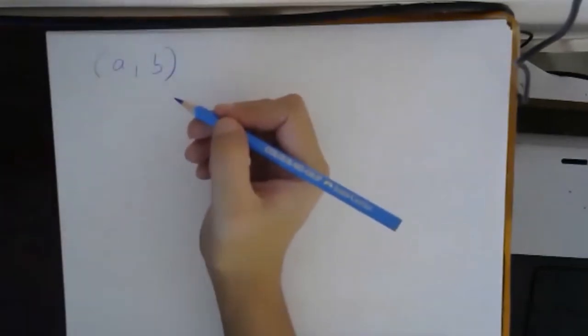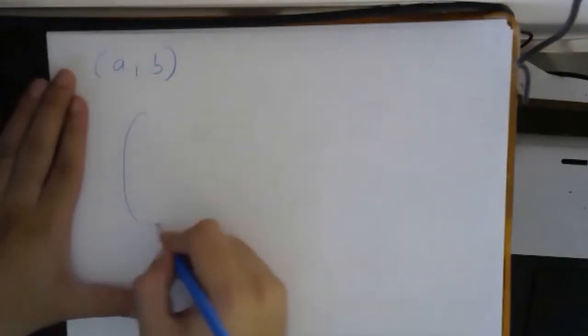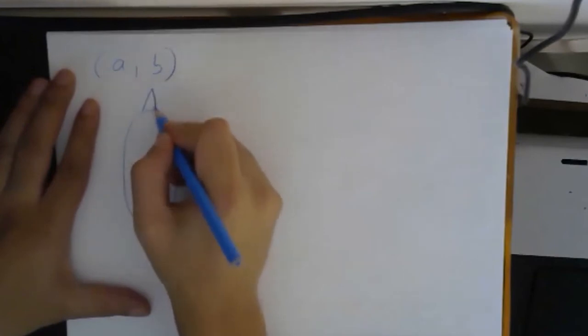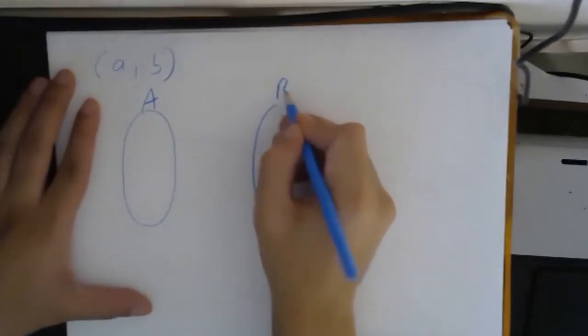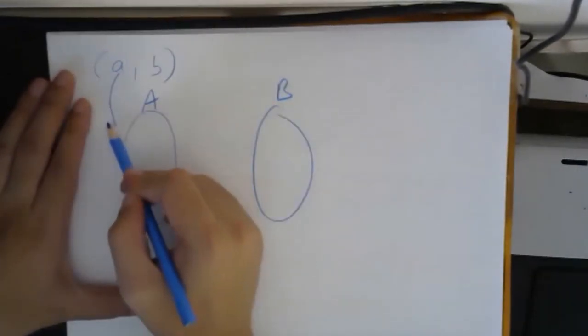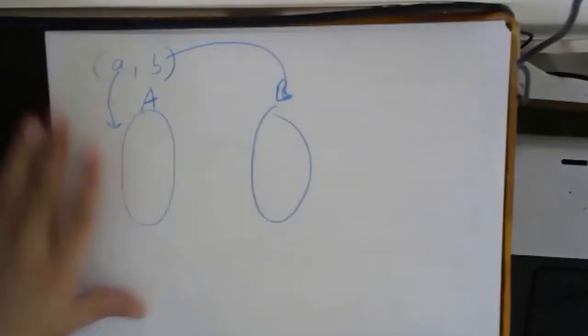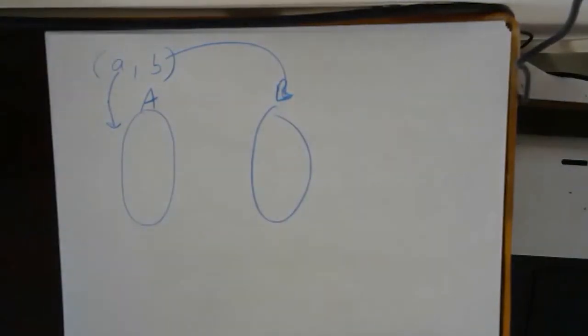Okay. Now see, there are some definitions related to this. We were saying an ordered pair from A to B. So when there is an ordered pair from A to B, suppose this is set A and this is set B. So this A is coming from this set and B is coming from this set.